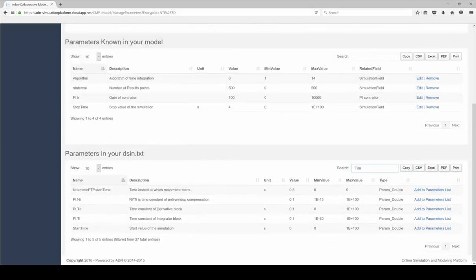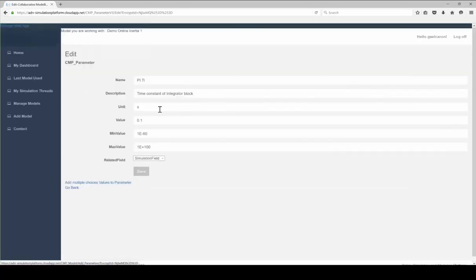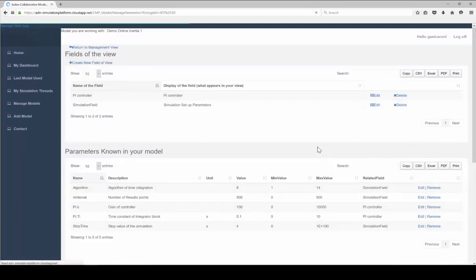Normally we have also the time constant of the integrator block that we can also add. So let's say that we would like to have it between 0 and 10 seconds in PI controller. Okay, well,